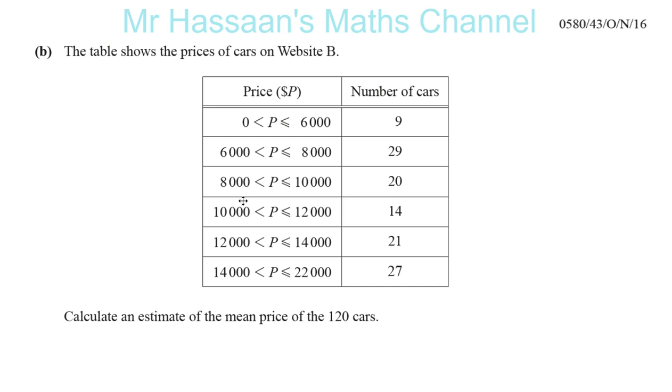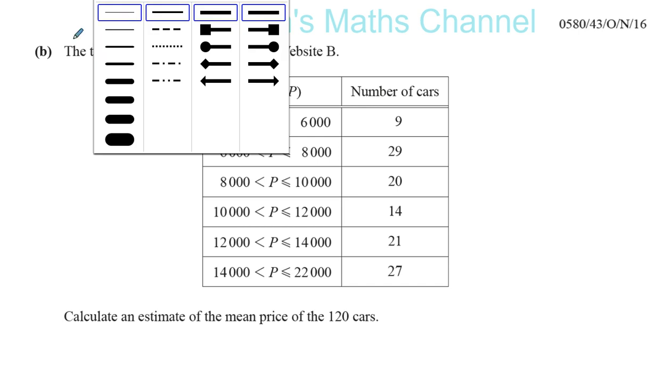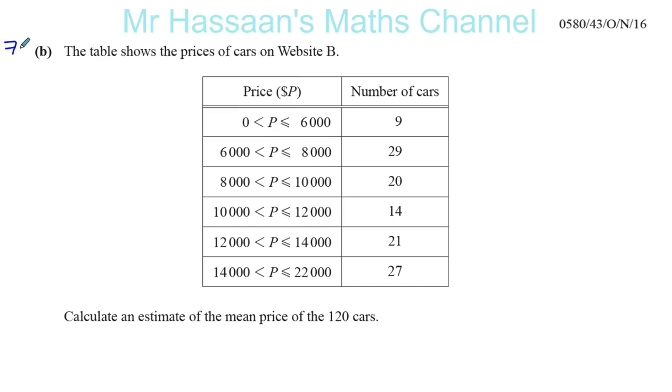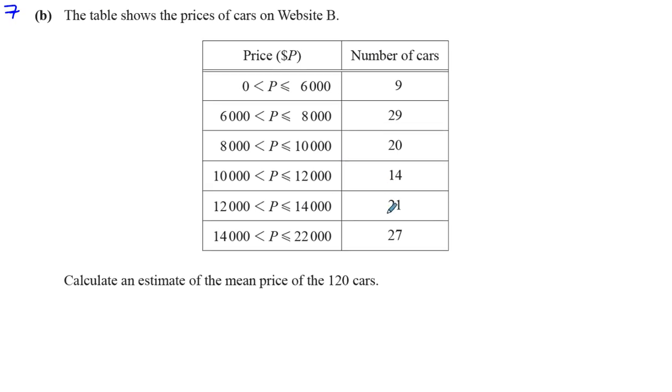Okay, continuation of question number 7 from October-November 2016, paper 4, variant 3. Question on statistics. This is part 7, question 7, part B. Now we move on from cumulative frequency curves to a frequency table here. A grouped frequency table, and we're asked to find an estimate of the mean price of the 120 cars,